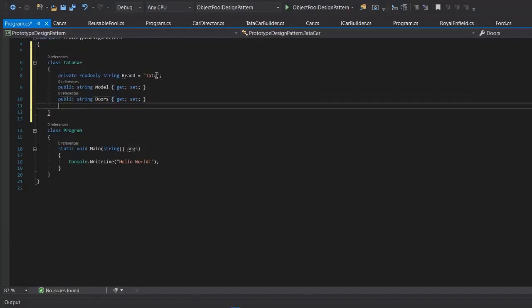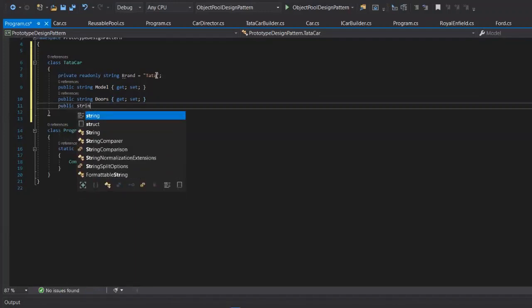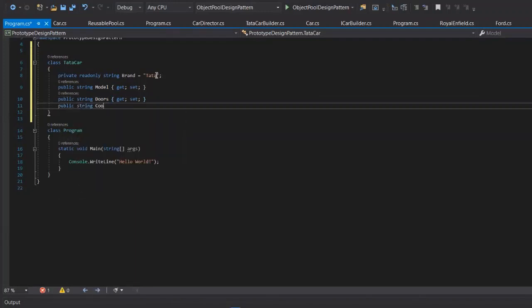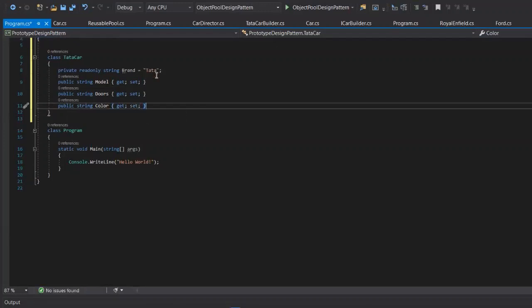So for this Tata car here, we are providing some other fields like model, doors, color, and we are creating a getter setter for this one. And some fields are public, like model, doors, and color, and some fields are private, like brand, let's say.